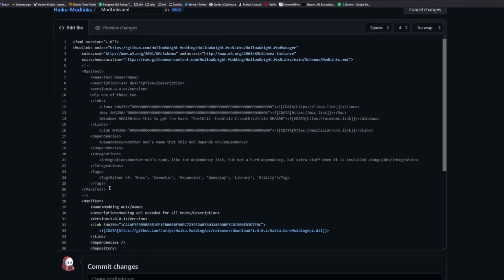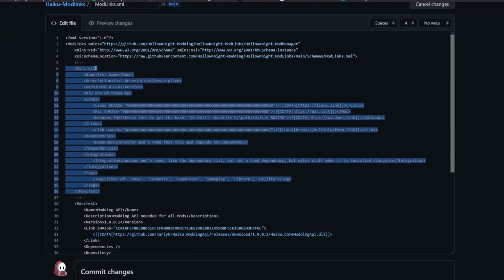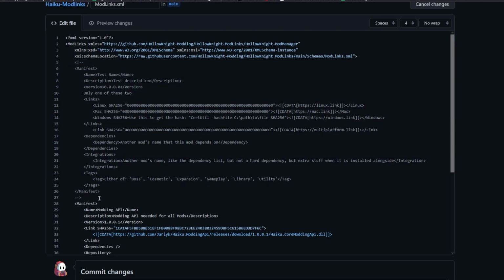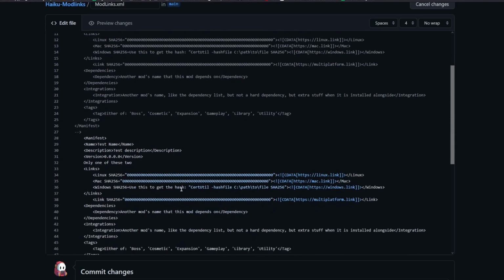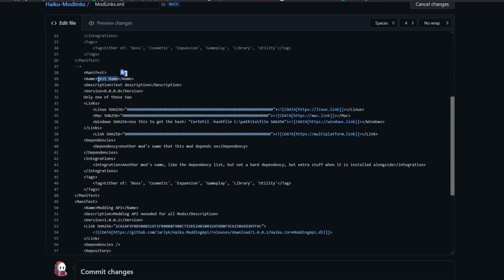You see, you already have a scheme to use, and you just use the scheme that's specified in here. You put in the name, so for this it's set test plugin or whatever it was. Testing plugins as the description. The version was 0.0.0, and only one of these two, as it says here.